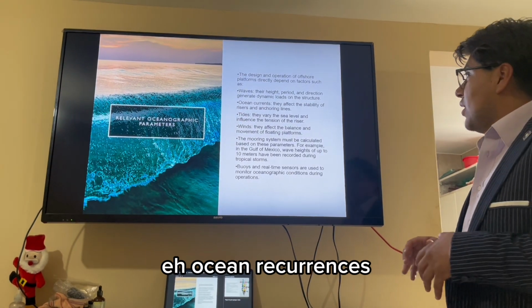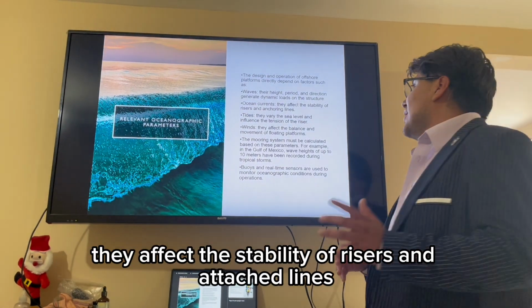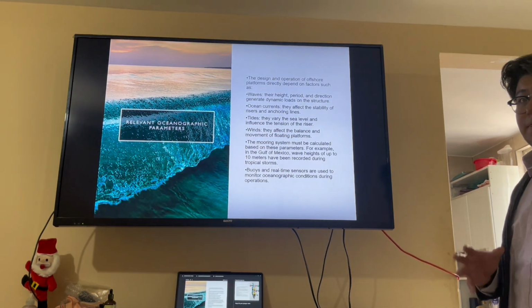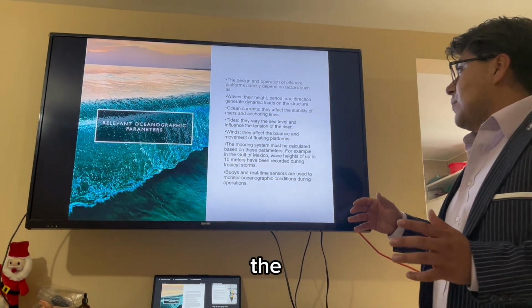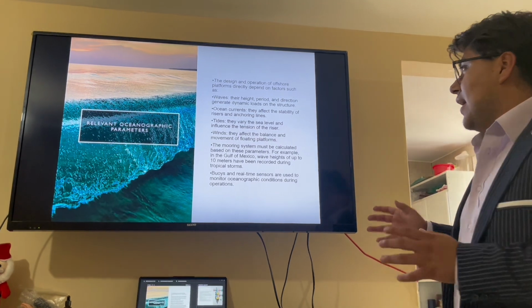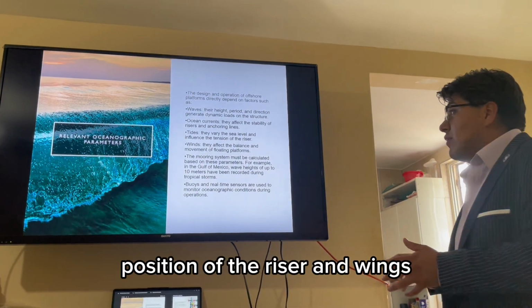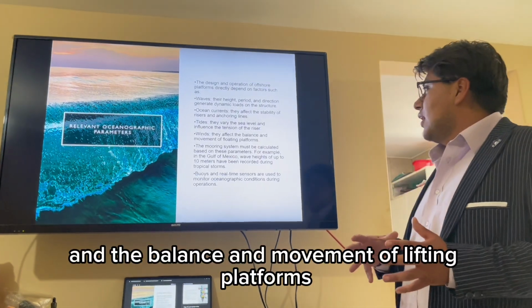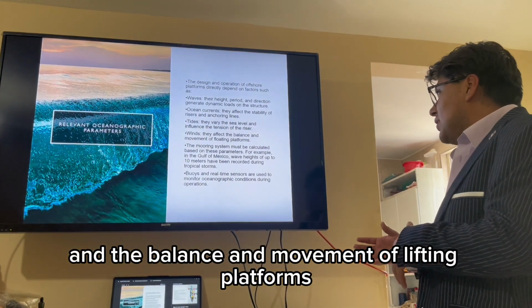Ocean currents: they affect the stability of risers and anchor lines. Tides: they vary the sea level and influence the tension of the riser. Winds: they affect the balance and movement of floating